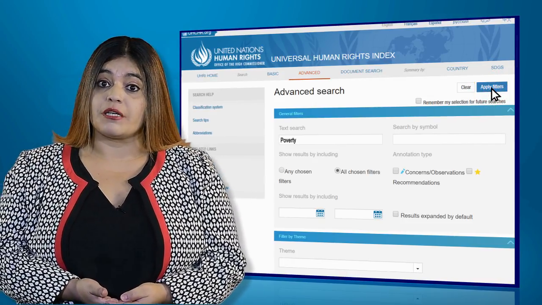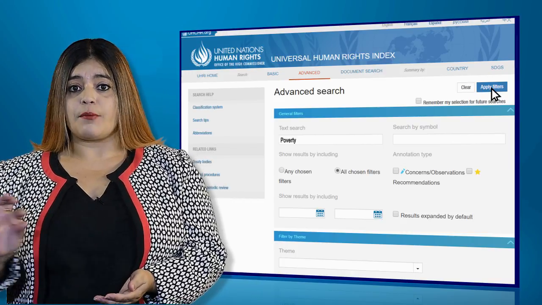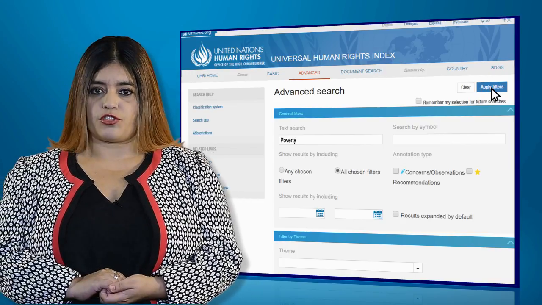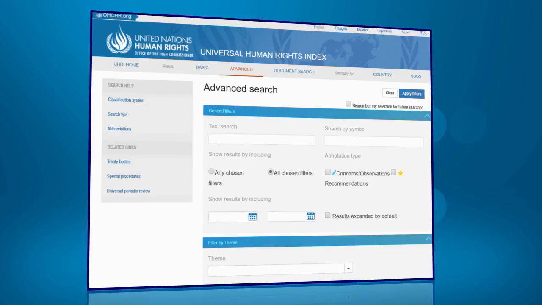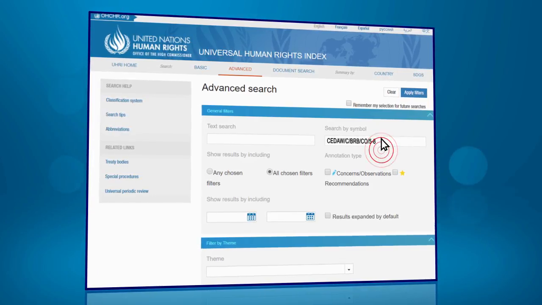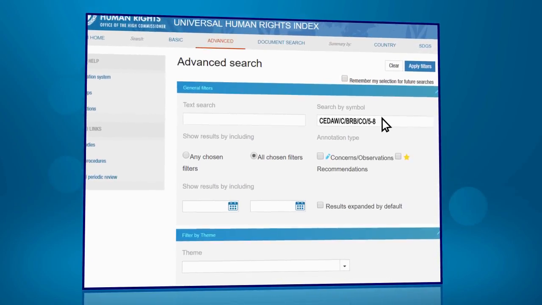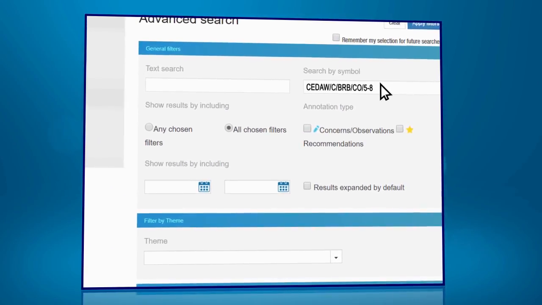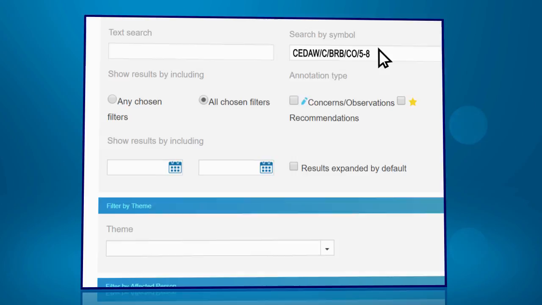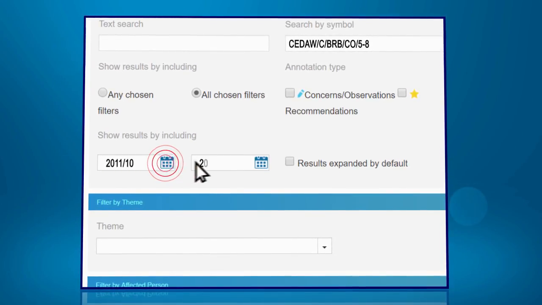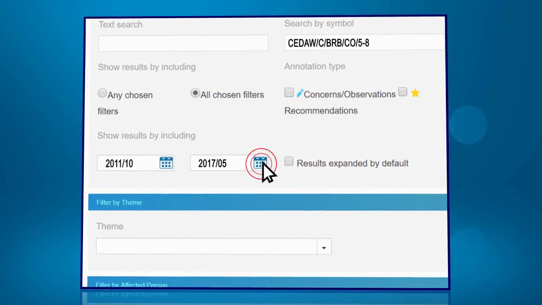The original document can be accessed through the hyperlinked document in the search results. The search by symbol refers to the document number indicated in the top right corner of any given UN document. The user can also select the time period for which this search should be run.